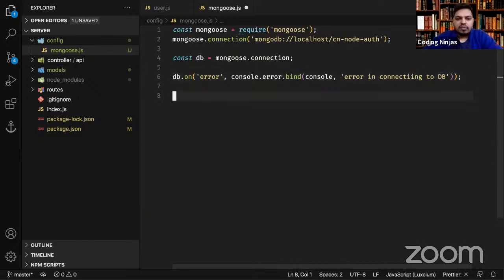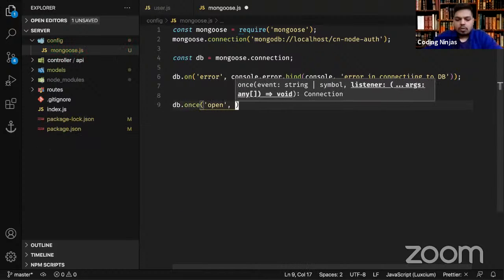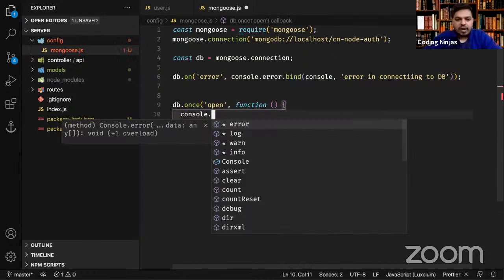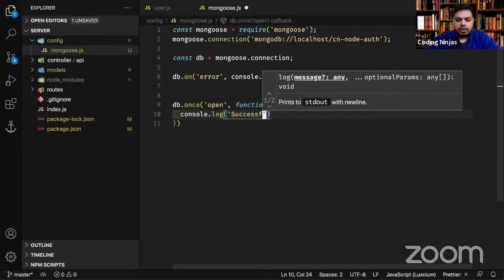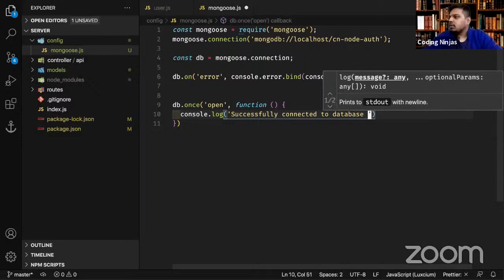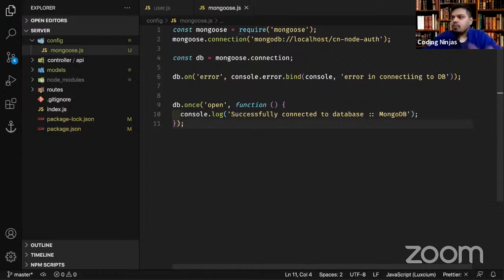So it will give us an error if there is an error. db.once open. This is when our db connection is successful and everything works. This function will be fired. Successfully connected to database MongoDB. So once our connection is set up, this function will be fired. Once everything is fine, I'll do